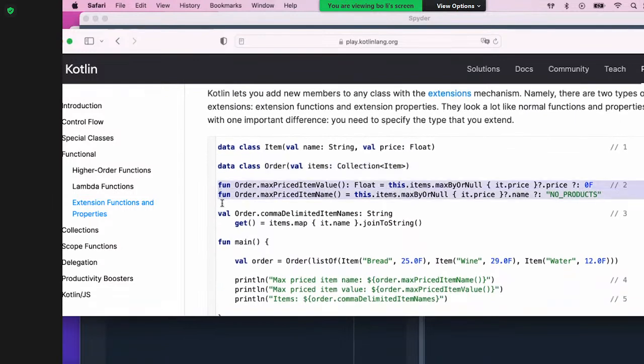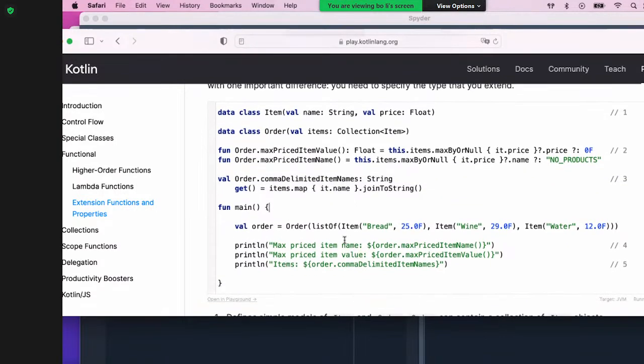Okay. So let's ignore this first. See what this thing wants to do. This guy created a water order. It has a collection of bread price, wine price, water price. Basically, this is an order list, right? Yeah. So the order list, and then this guy wants to do